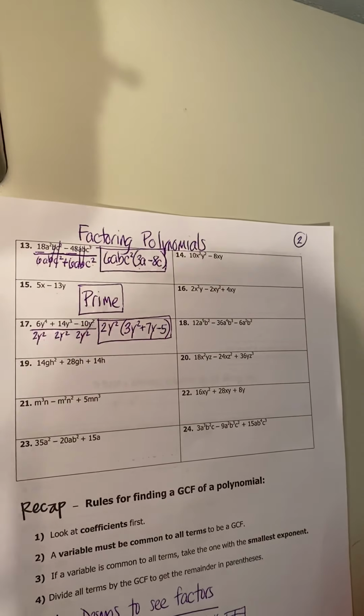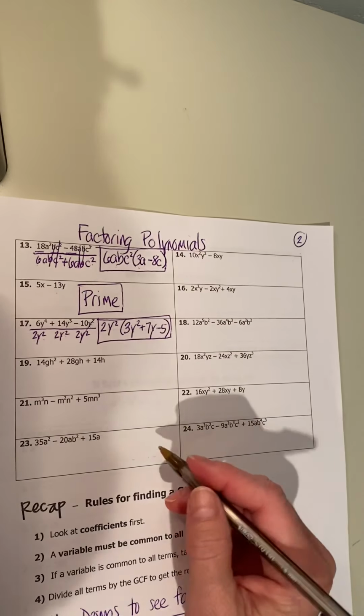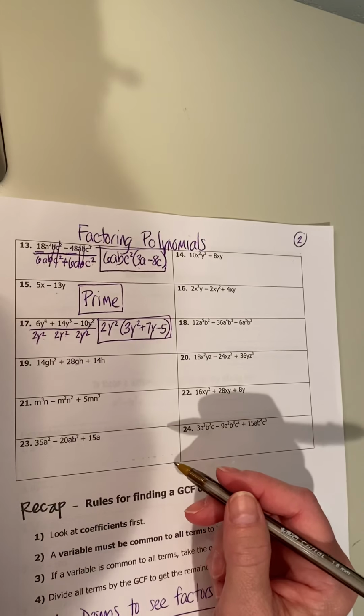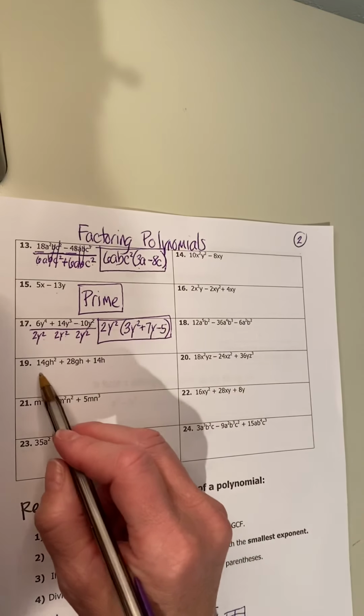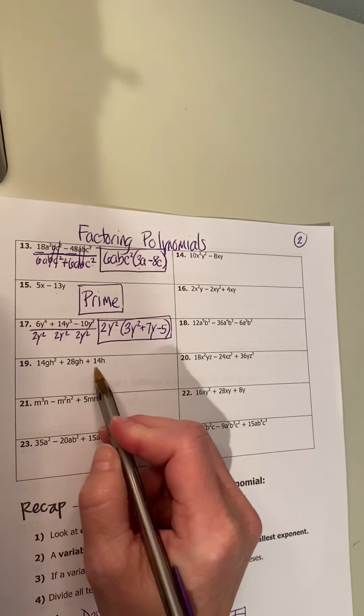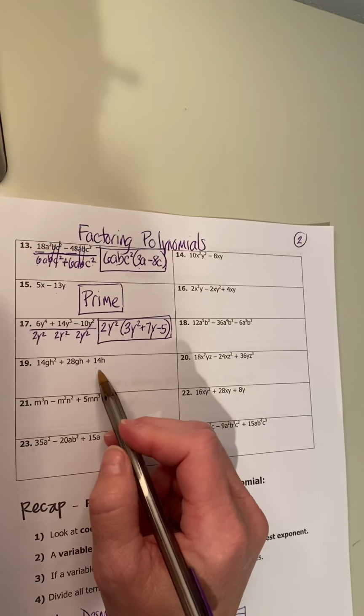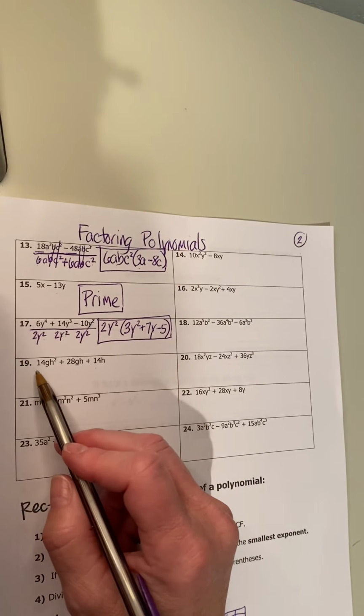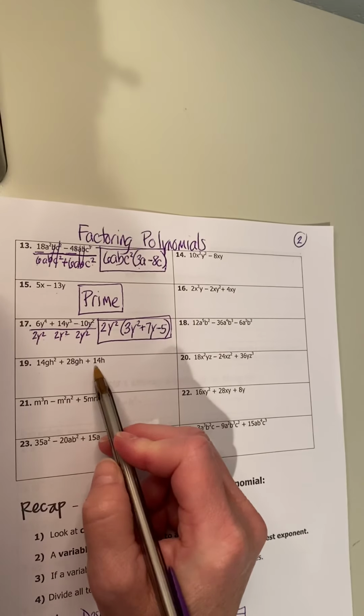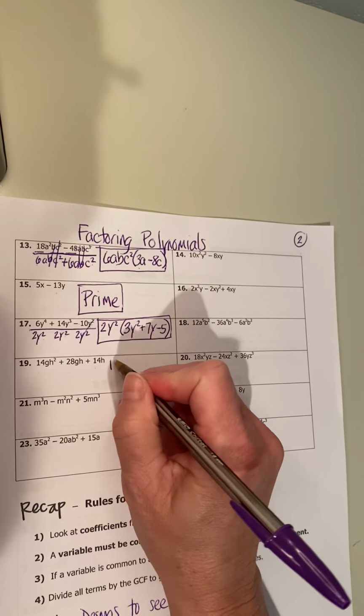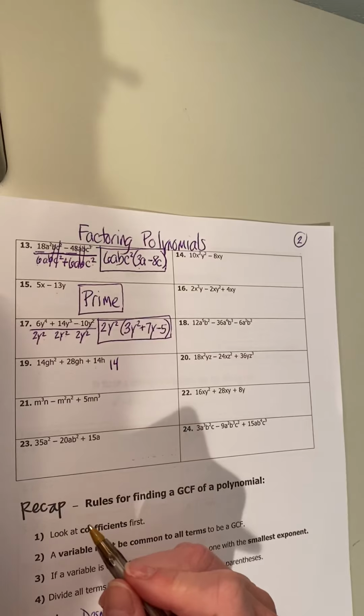Number 19. All right, so we've got another trinomial. We've got a 14, a 28, and a 14. Now, all of them are even, but 14 can go into all 3 of these. So we're going to use 14 as our greatest common factor for the